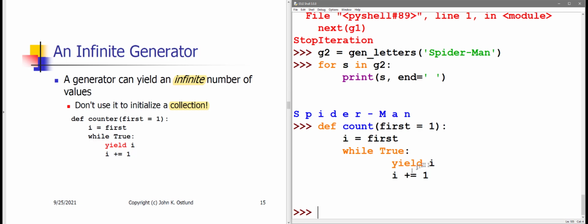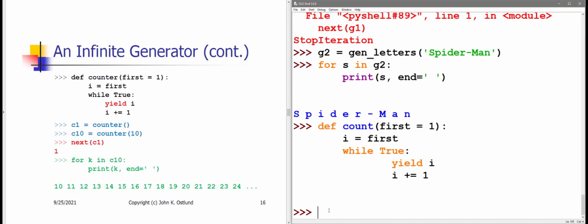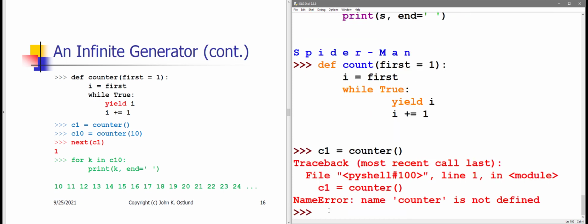Okay, so when the function wakes back up, it adds one to I, discovers that while is still true, and yields the next value and suspends itself. So let me create a generator object for my counter. C1 gets counter. Here I'm passing no argument, so the